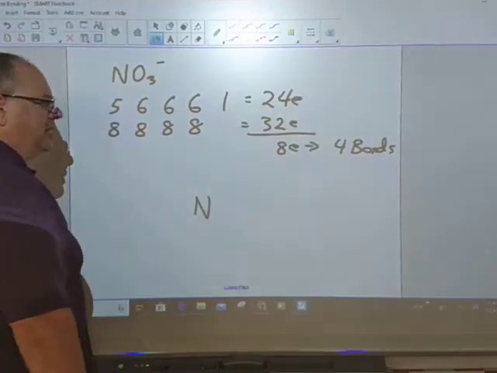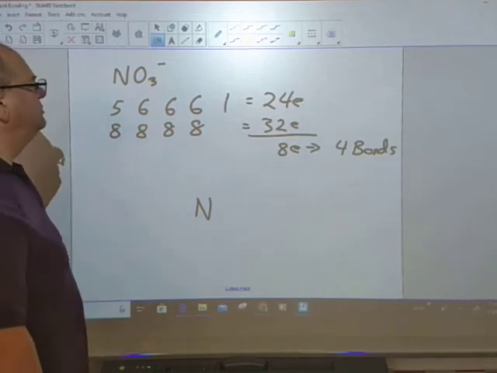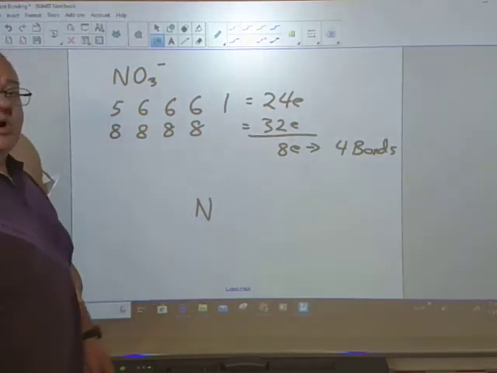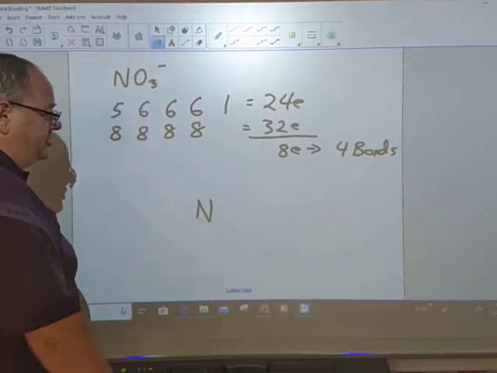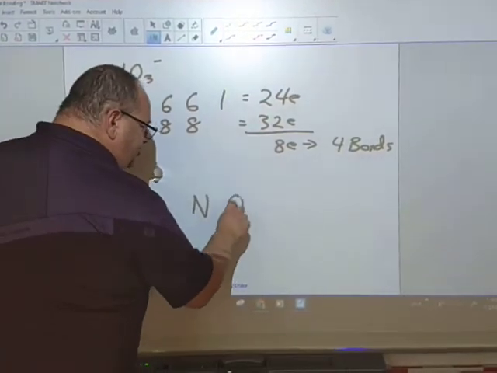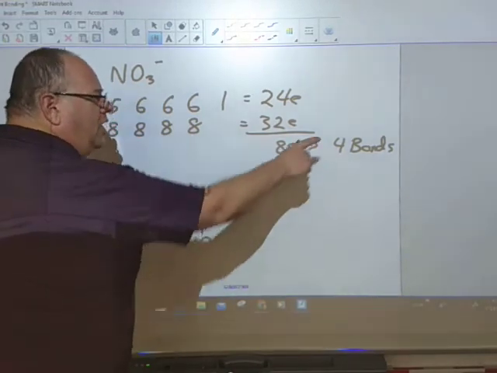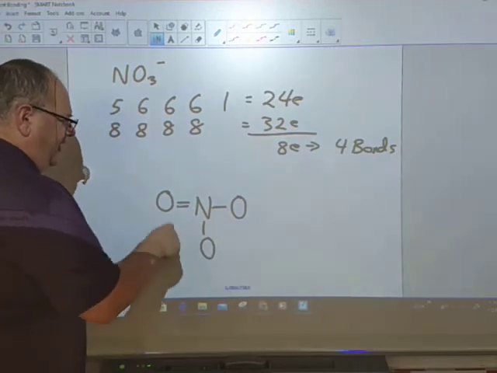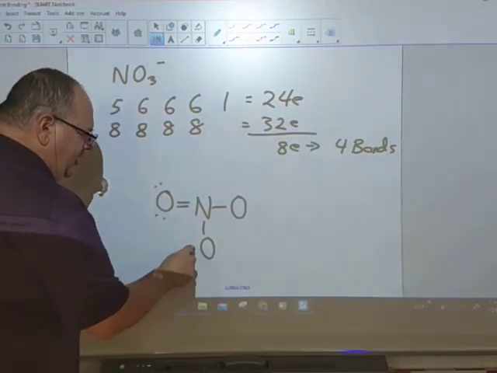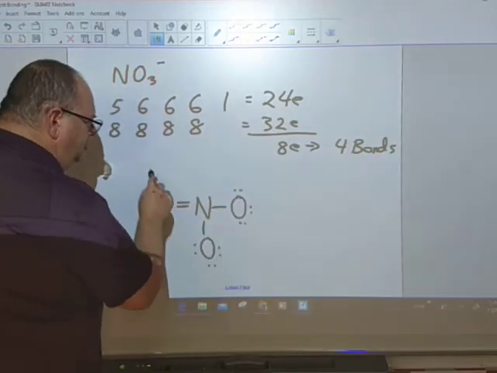Nitrogen is going to go in the middle. Less electronegative, it's a singular atom. And it does look like it wants to make more bonds than oxygen. So all 3 criteria kind of point to nitrogen. But there's only 3 oxygens, so 1, 2, 3. 3 bonds. It says 4, so I got to make a double bond. And then to fill everybody up, I'd have 2 there, 2 there, 2, 2, 2, 2, 2, 2,